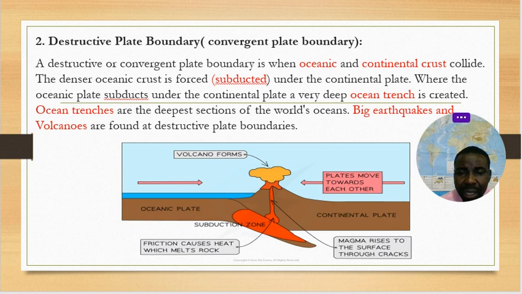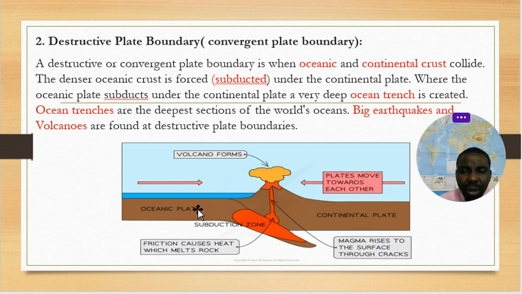Like you can see on the diagram below, you can see the two arrows coming towards each other. You can see oceanic plates and the continental plates coming towards each other. Now, something is going to happen here. By the time collision has taken place, because oceanic is denser than continental plate, oceanic sinks under the continental